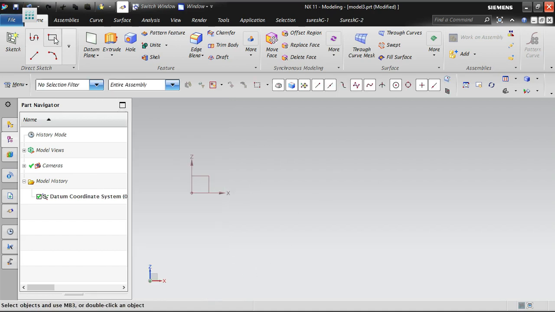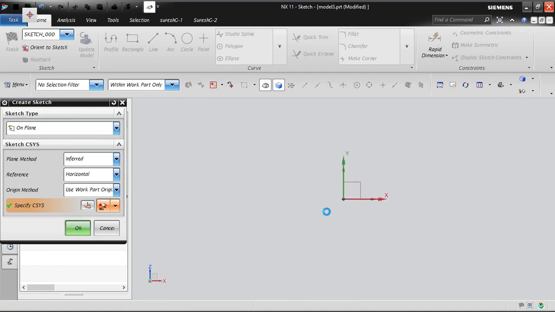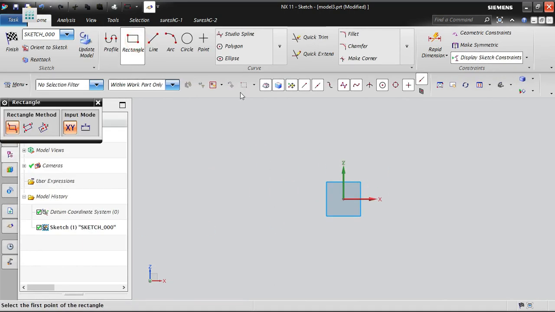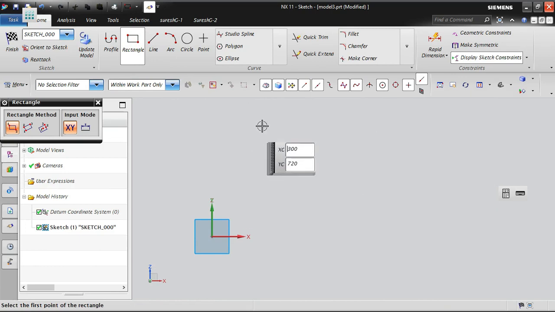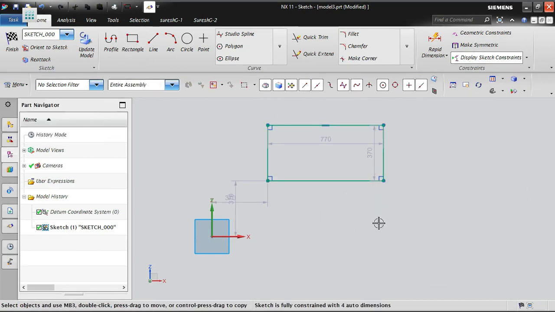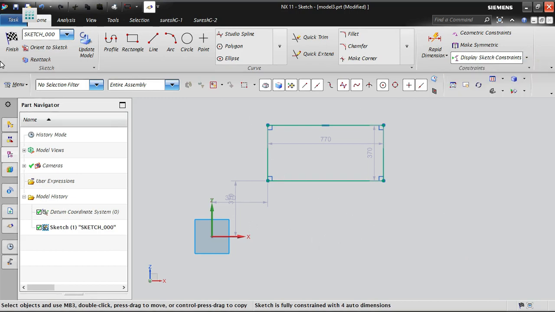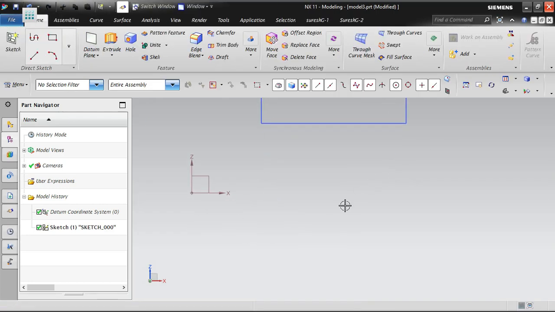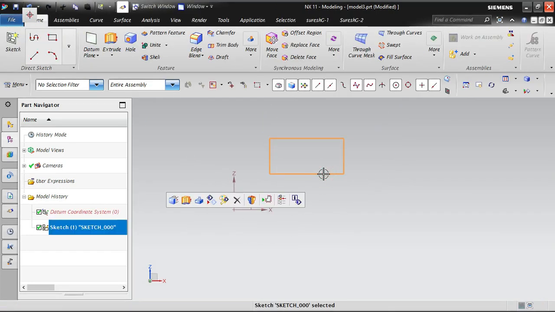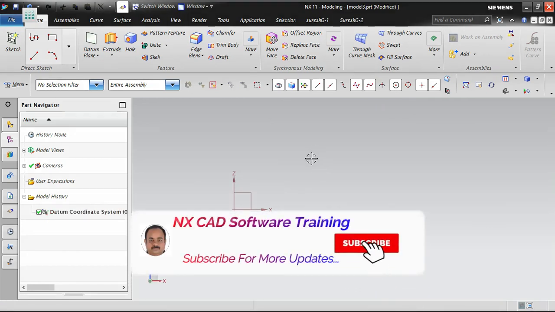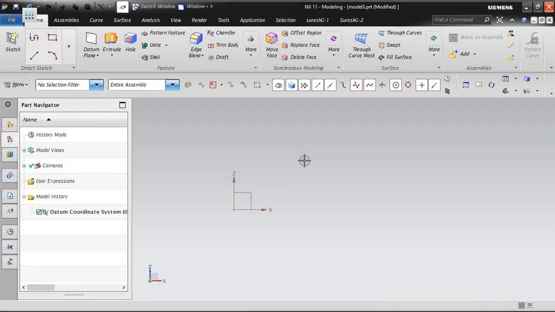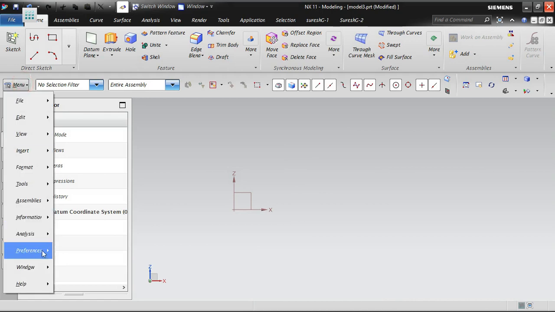Continuous auto dimension means, see for example, now in the sketch settings continuous auto dimensioning is on. So I am selecting this rectangle and immediately it has created these continuous auto dimensions. Since continuous auto dimensioning is on, it keeps creating them. Suppose you want to turn it off permanently, for the upcoming sketches and for everything, so that you do not create sketches with auto dimensions, then you can go to preference,